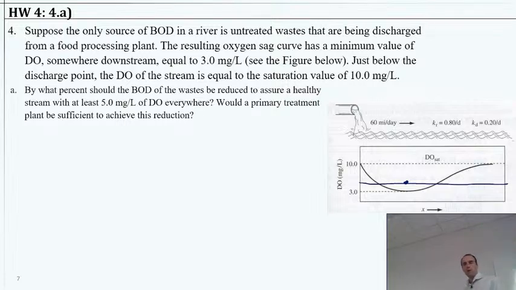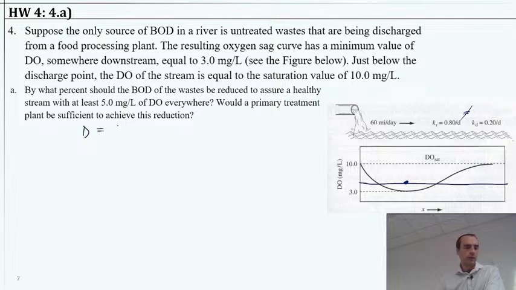So this is fairly involved, and I don't think I would give you one like this for part A on the exam, but I want to show you kind of what's happening with it and what we're doing. So first of all, we can take a look at Kr, the reaeration rate constant, which is given. Sometimes we might need to solve for it based on the stream, but we're given it this time. And Kd, and note that they are not equal, right? So Kr is not Kd, that means we're not dealing with a division by 0, and we are set to use the standard equation where we have